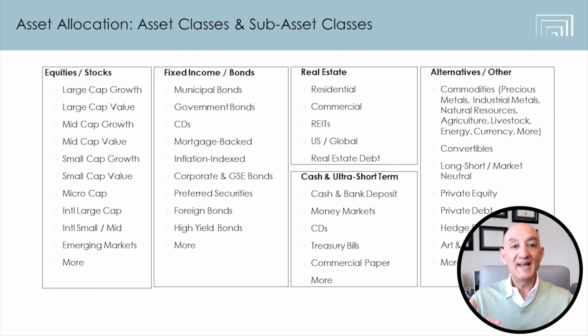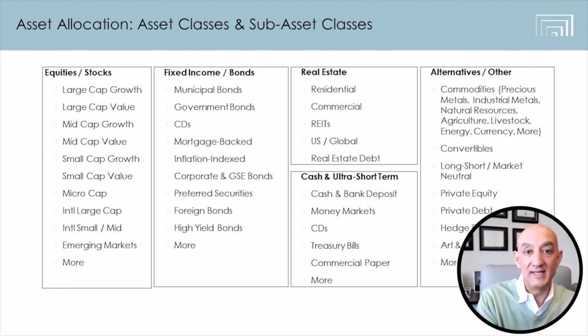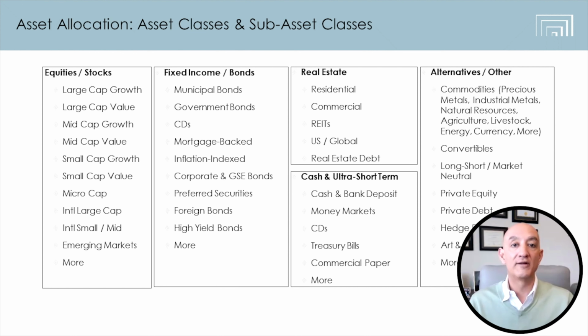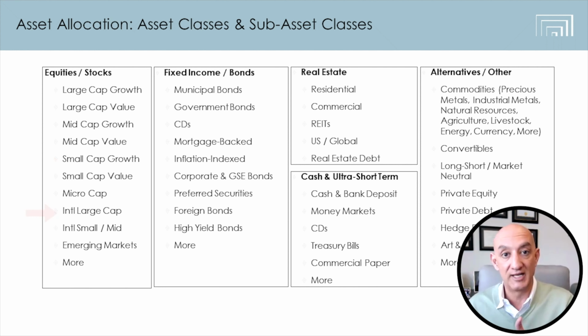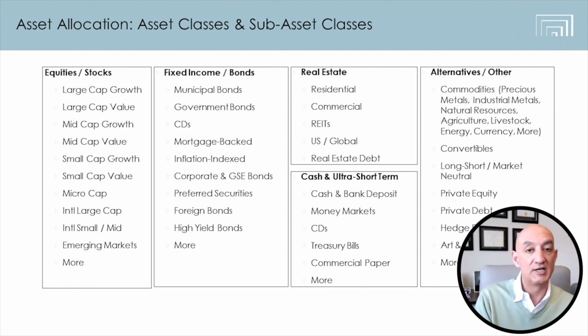The next decision is, within each of these categories, what are the sub-asset classes that we should invest in? So within stocks, we tend to see a lot of stock portfolios that come to us that are invested heavily in U.S. large cap stocks, because those are just the names people have heard of. But in fact, small caps over long periods of time have tended to outperform. You need to have diversification internationally. So within stocks, how much should you have in large cap stocks, small cap stocks, mid cap stocks, international stocks, emerging market stocks?